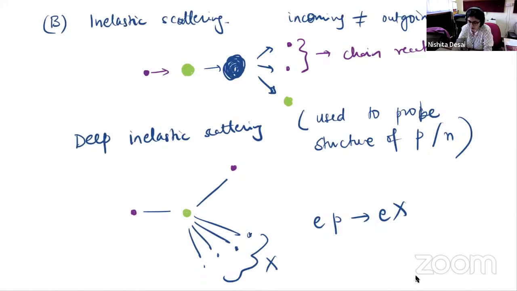Okay. So we will learn in detail the mathematical modeling of deep inelastic scattering and how that is used to determine what are called the parton distribution functions, or the probability distributions of finding quarks and gluons inside the proton. So that's one example of inelastic scattering,